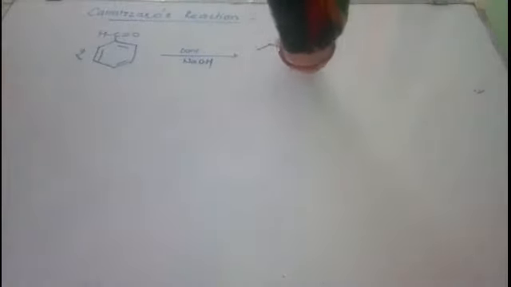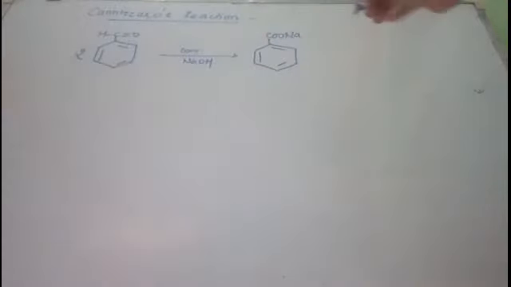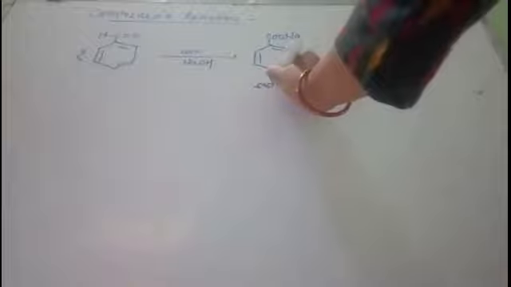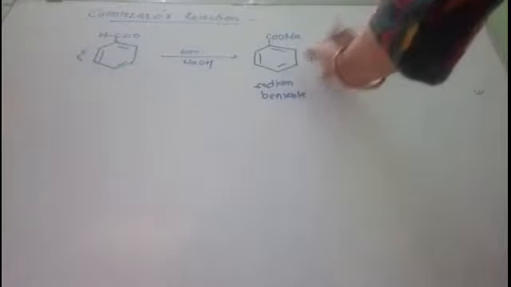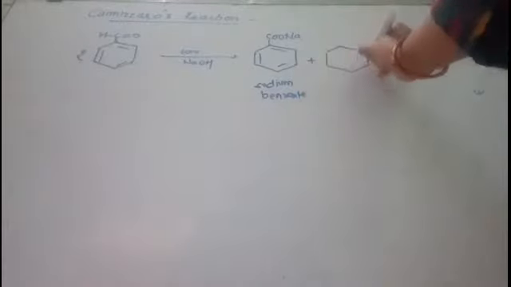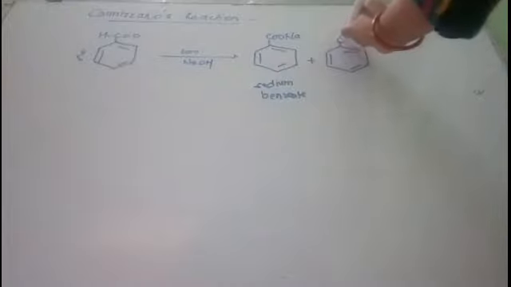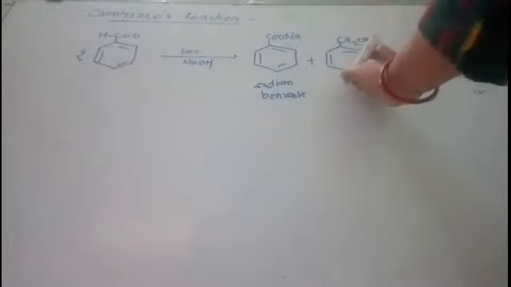So no alpha hydrogen is present, and we will take 2 molecules of this. When it reacts in the presence of concentrated alkali, concentrated NaOH, it undergoes disproportionation, and its oxidation takes place, which results in the formation of the sodium salt of acid. So this is sodium benzoate, and its reduction leads to the formation of alcohol, and you will get benzyl alcohol.